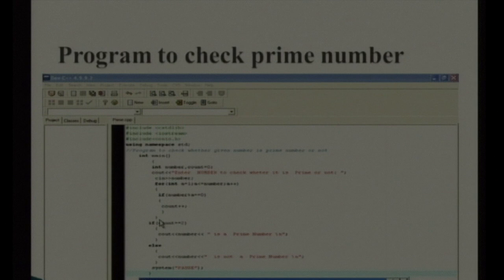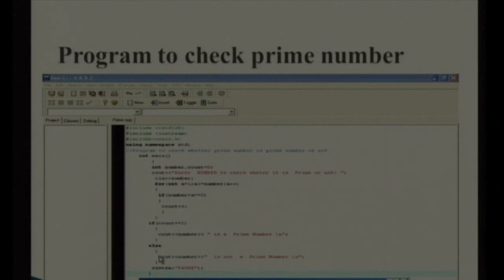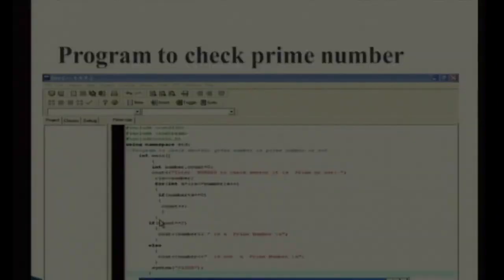So, this program is to find out a prime number, you can see it on screen, and in this we have used a for loop, an if condition, and after that an if and else condition, right. So, you know what a prime number is? A number which is divisible only by 1 or itself. We have not applied any intelligence in writing this program, it is a very simple program. It says that you keep on dividing the number by the numbers starting from 1 up to the number itself, and you try to find out the remainder.